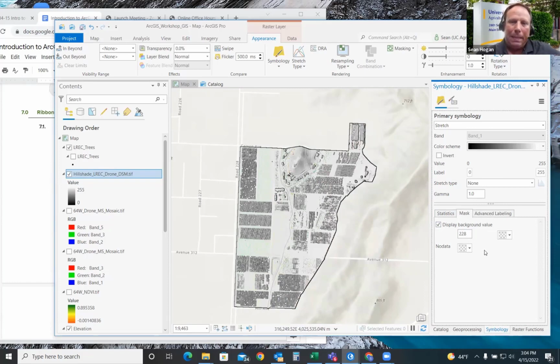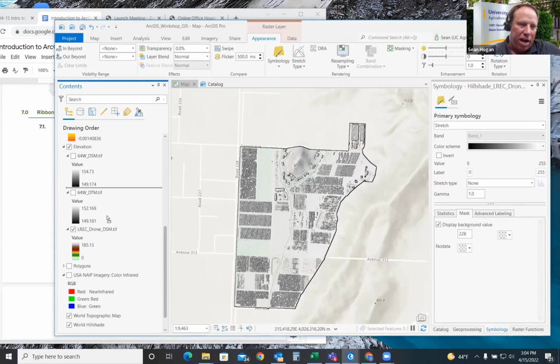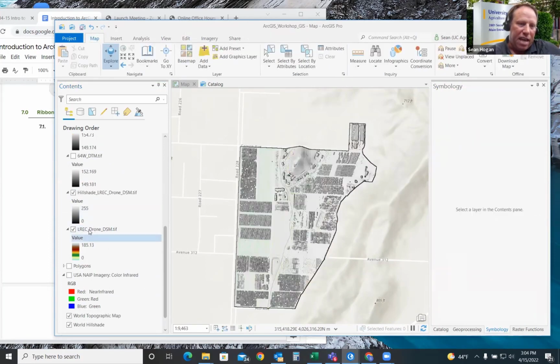Good. Last step before we take a quick break. I'm going to go up to the top, over to layer blend. Actually, before we do that, I'm going to drag this and drop it down. It'll work from up here, but I want to put it right on top of the drone DSM. So I dragged it down into that layer set, so it's right on top of it. It'd still work, but I would rather have it there to ensure it works. On the next step, we'll click on it here.